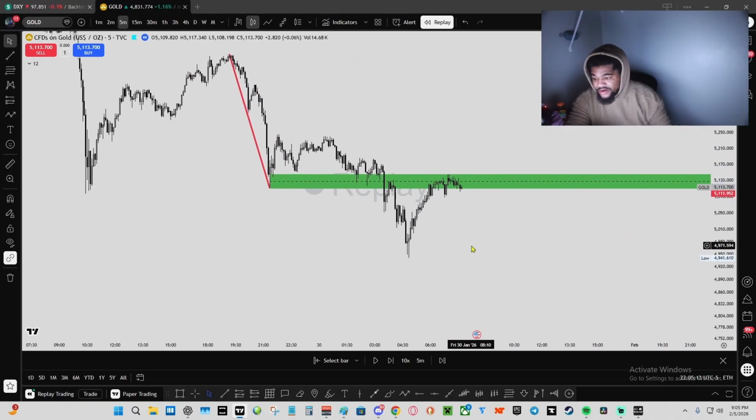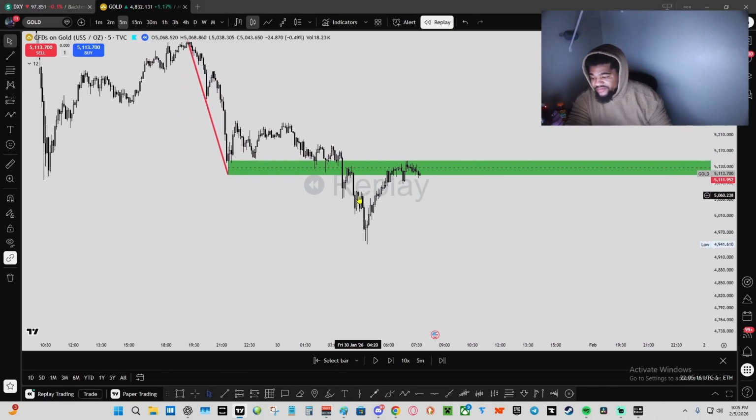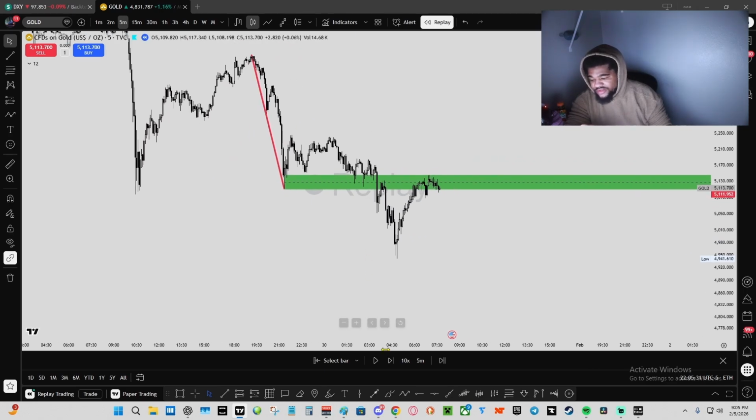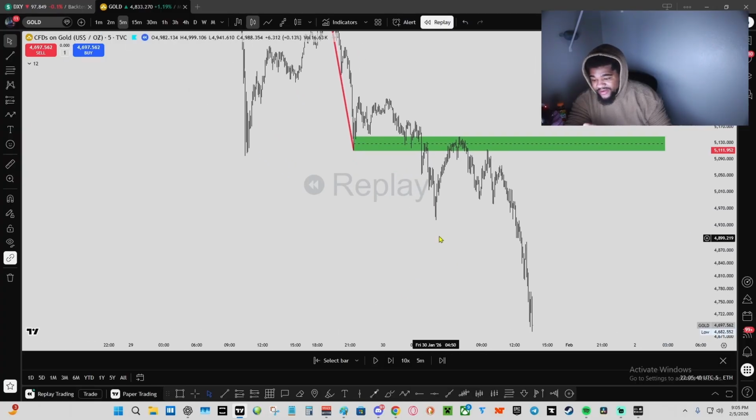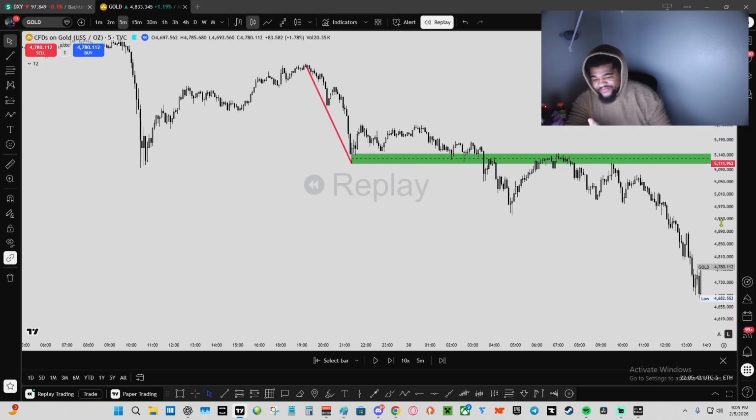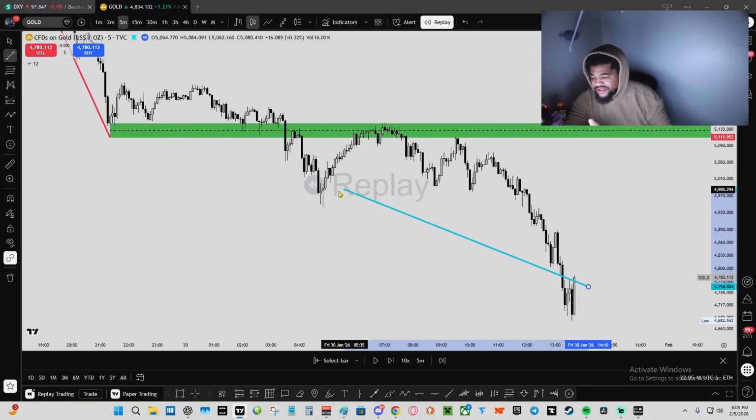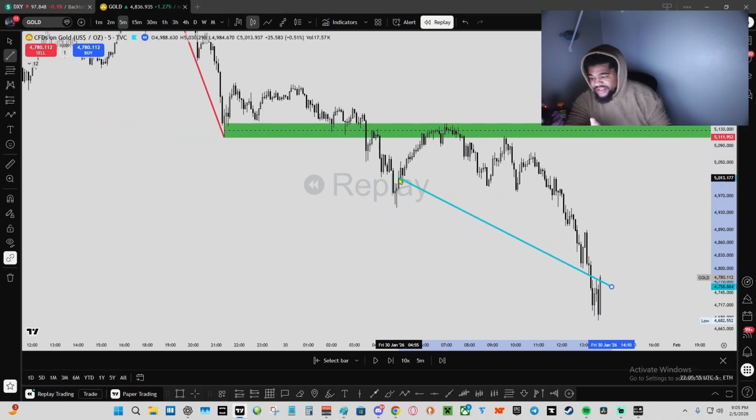Now, if we look at this area here, do you see the massive amount of, well, selling in trader terms, but do you see the massive amount of villainous story we got? We have a massive amount of heroic story stepping in, but none of this matters until it tells us otherwise. This is a villain story right now. Do you see that? Even with this, man, this is amazing. Even with this massive amount of heroic story that took place here, it didn't matter because this is a villain story.